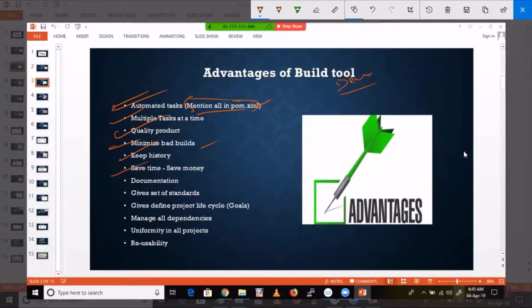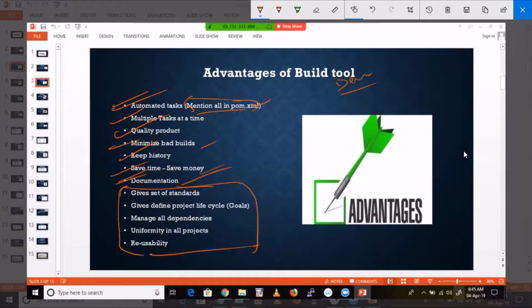Since we are using a tool, it saves our time. We can do it fast, within less time, and obviously that saves time and money. Documentation: documenting steps are pretty easy in Maven. That means Maven is a very easy tool. I'll explain this, guys. These things I'm going to cover.